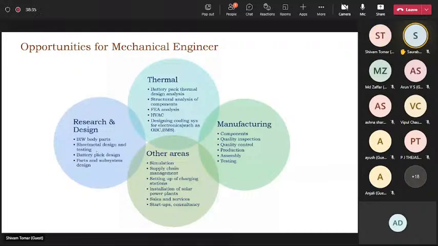All right. And if we talk about manufacturing, then manufacturing is a very vast domain where you will see many different areas, like component designing, testing, component manufacturing. If we are to say particularly, there are hundreds of components, even you have to